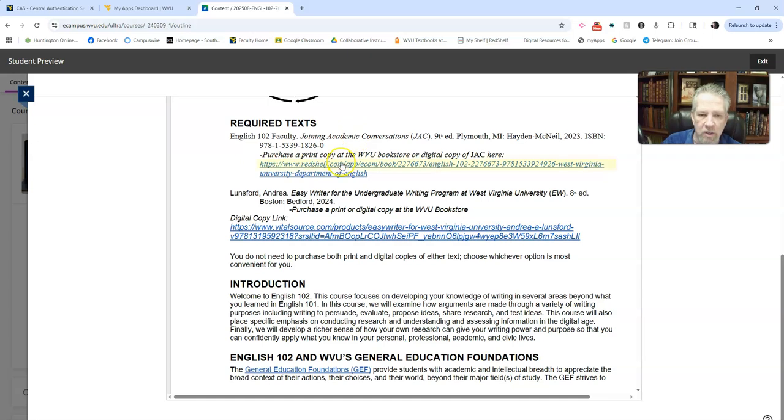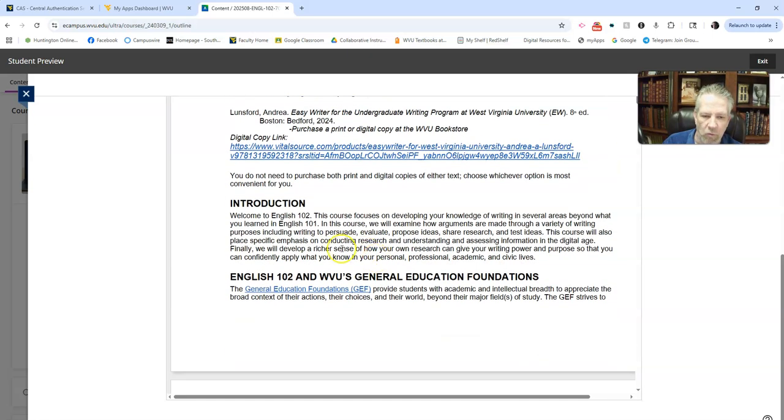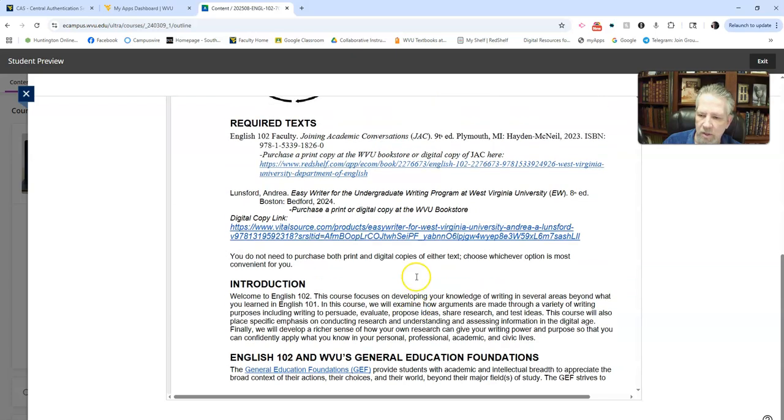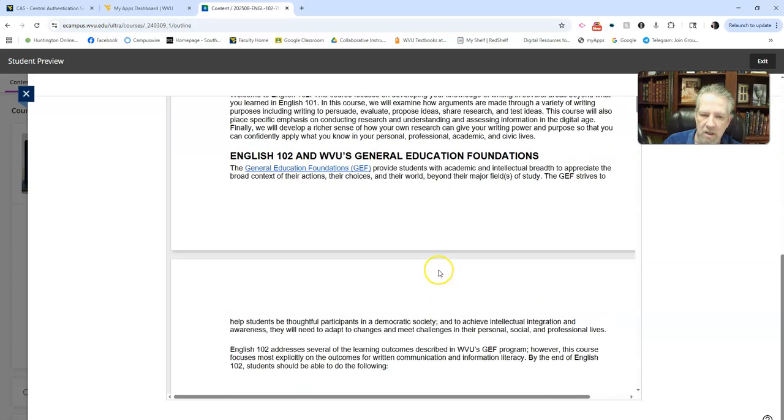Make sure you get your textbooks. I would suggest getting them both digitally if you can, because that way they're with you everywhere you go. Whereas if you get hard copy, then you're only going to have it when you're carrying it with you. So that's a good idea, to get them digitally. But read all of this stuff. Make sure you understand everything that it says